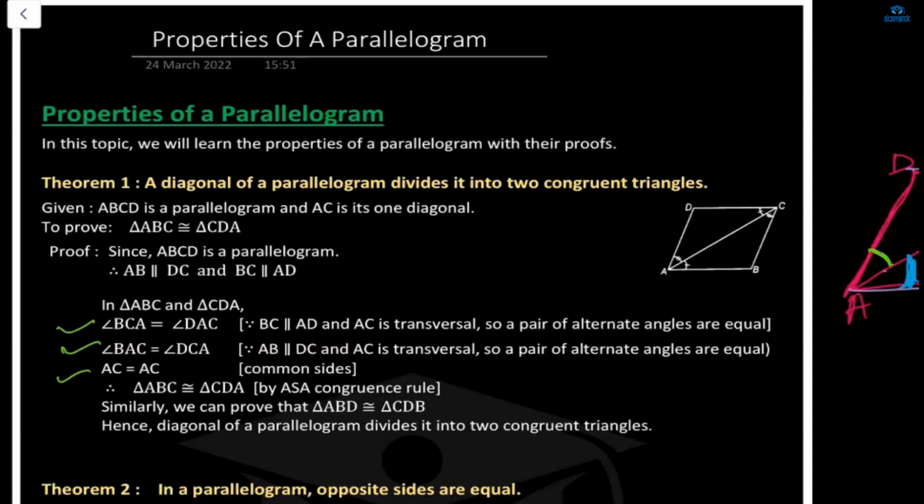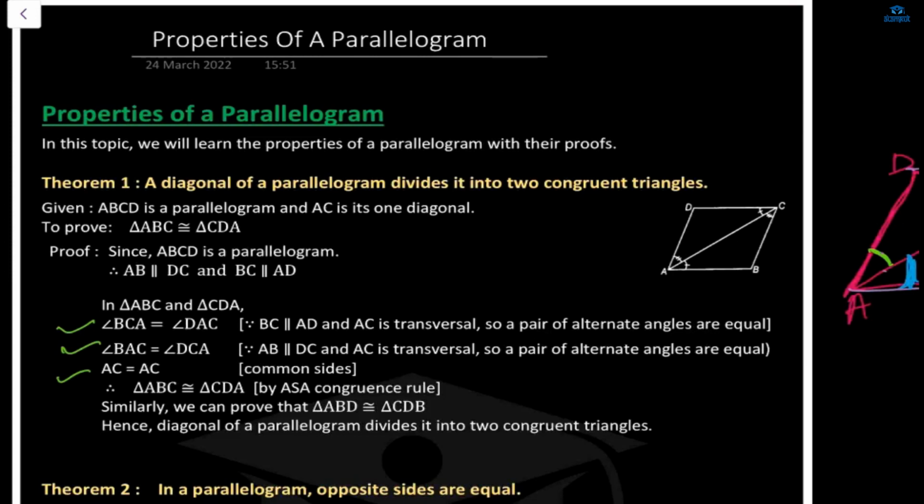So what we have learned: what is a quadrilateral? Then different types of quadrilateral, and among them we have the parallelogram, which has opposite sides parallel. And we are seeing the properties of the parallelogram. What are the different properties of the parallelogram? In the properties of a parallelogram, we have seen